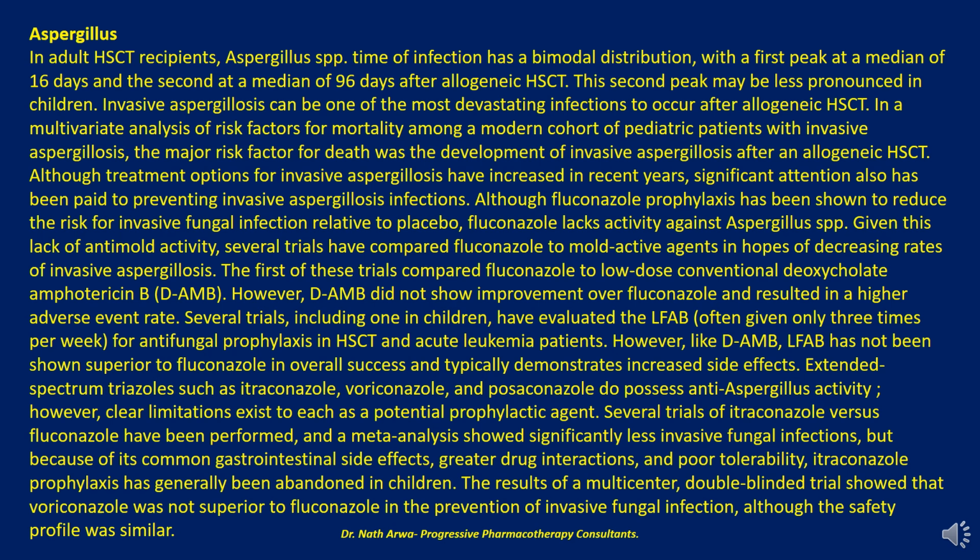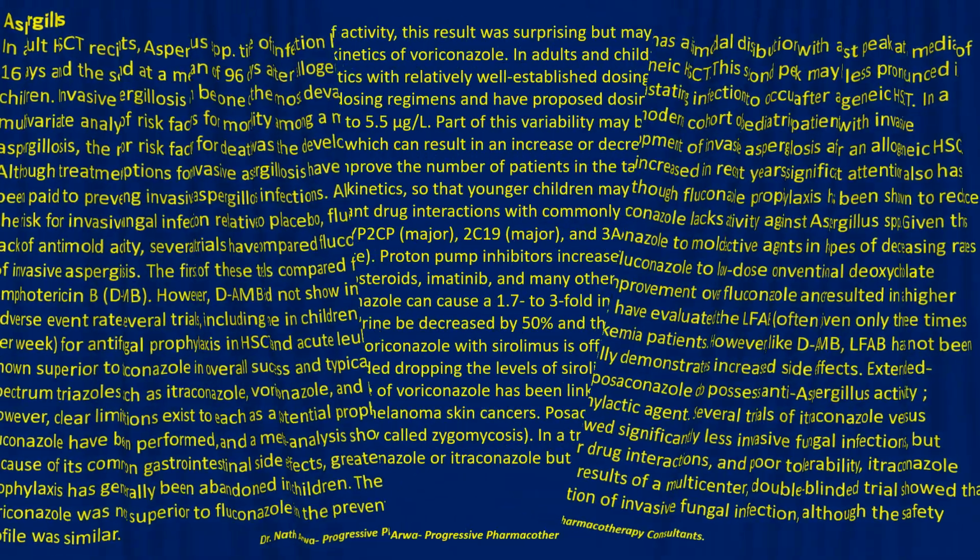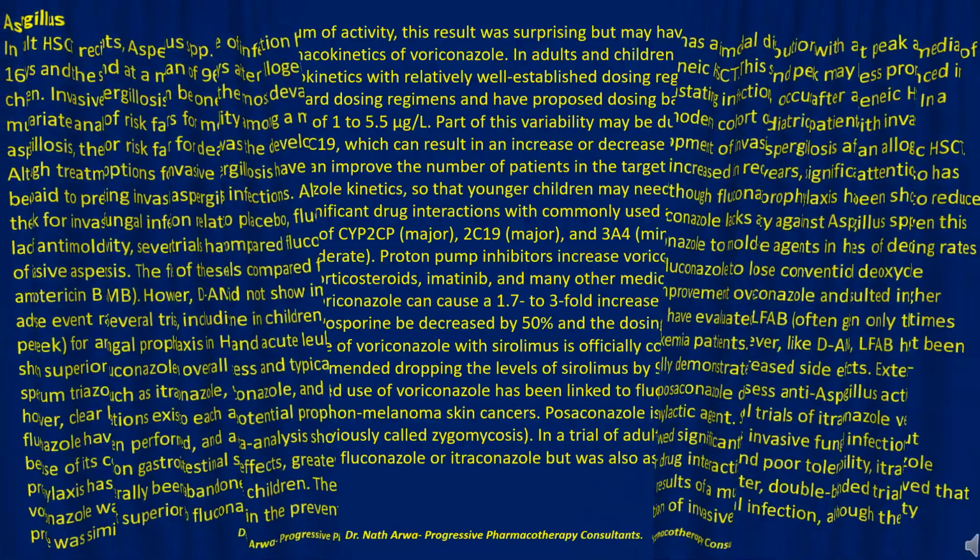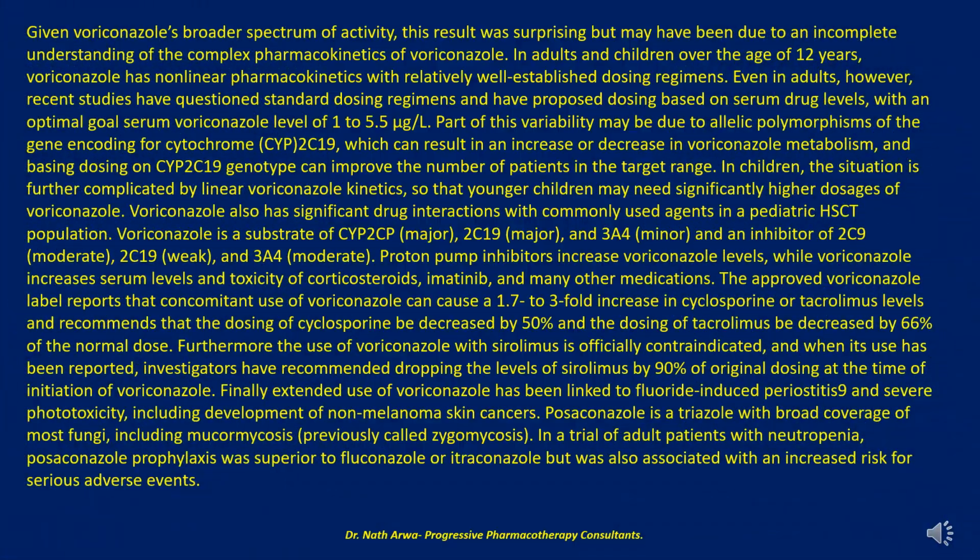The results of a multi-center, double-blinded trial showed that voriconazole was not superior to fluconazole in the prevention of invasive fungal infection, although the safety profile was similar. Given voriconazole's broader spectrum of activity, this result was surprising but may have been due to an incomplete understanding of